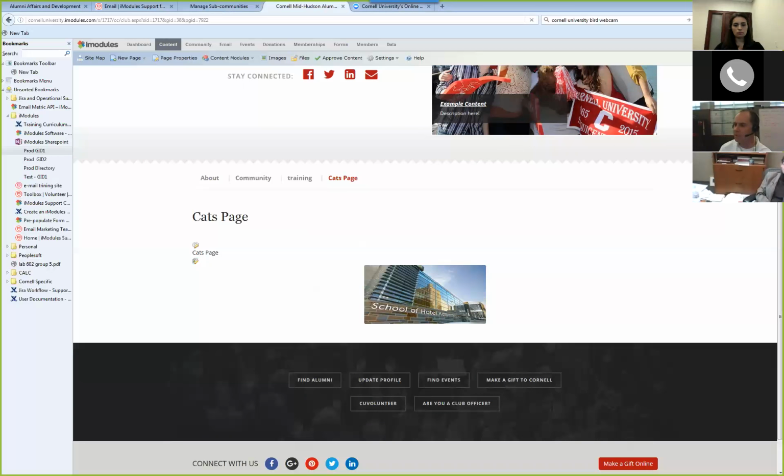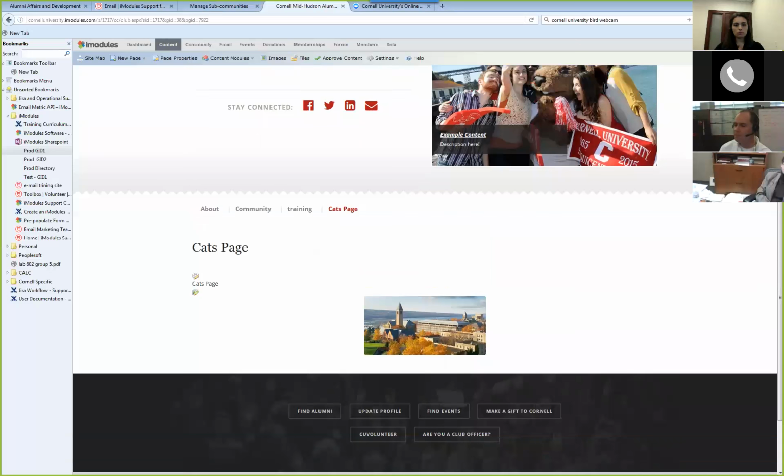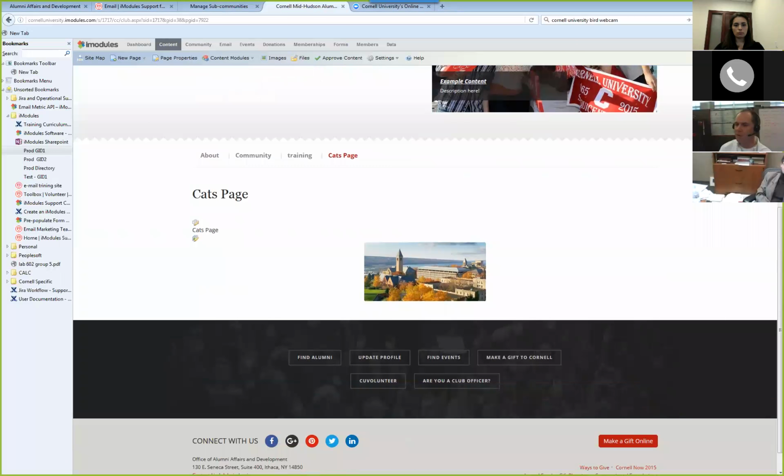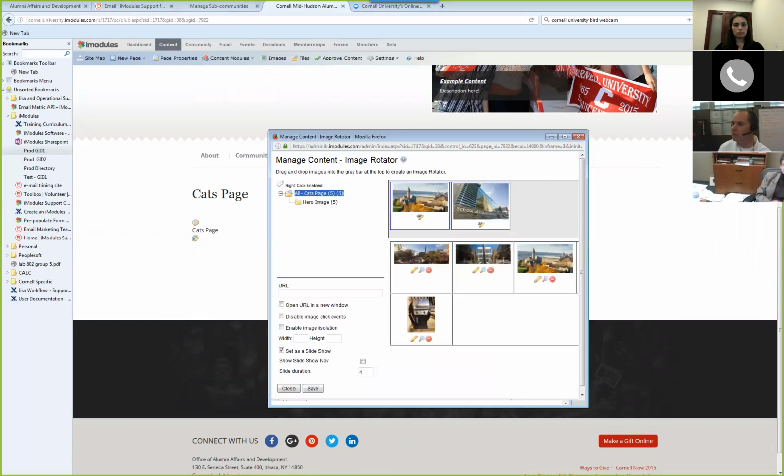Let me do that again. I'll click this little icon and bring this over here. I can always put the height and width in it. Say if I made this 550 by 350, it's going to redraw it.